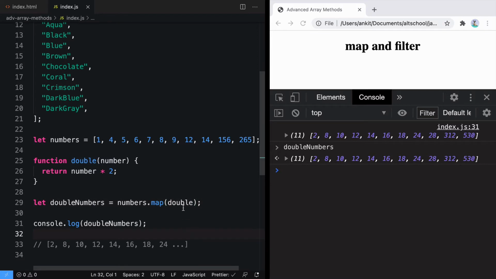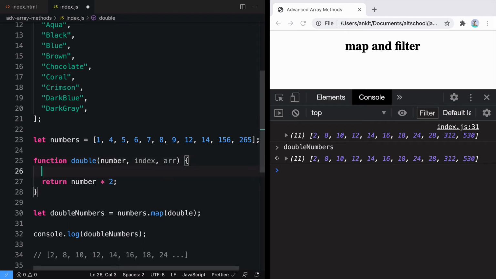So here one thing to notice is we are not the one calling this double function. The higher order function, that is map, is what is calling the double function. So when map is calling the double function, it doesn't only give you access to numbers, it also gives you access to 3 elements. The first one is number, the second one is index, and third one is the full array. You must be thinking why they are giving access to these things. Sometimes you will need access to index of the element and you can use it, but it is optional. You don't have to use it all the time. When you don't need it, don't accept it.